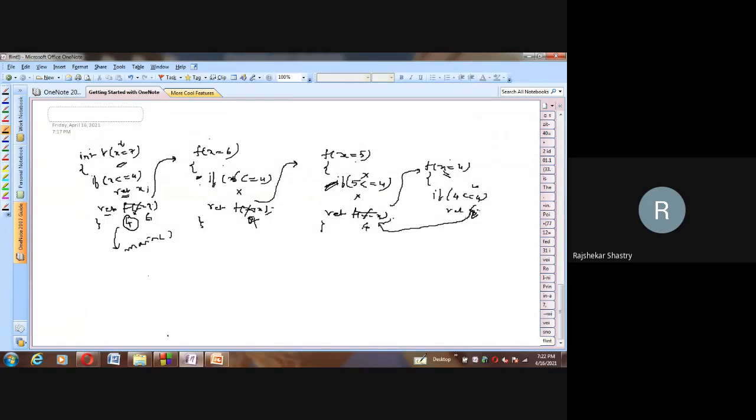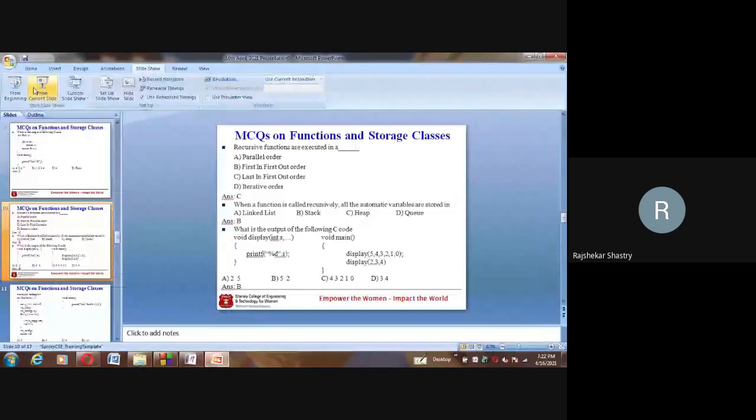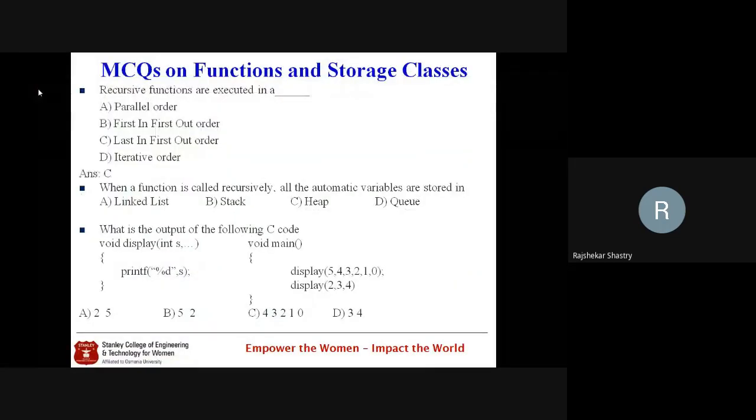So first this will be executed, and this is the element pushed last. So last in first out is the order in which it is executed. Answer is C.